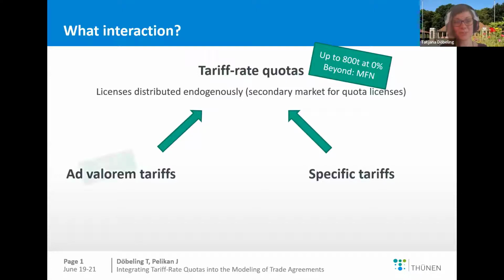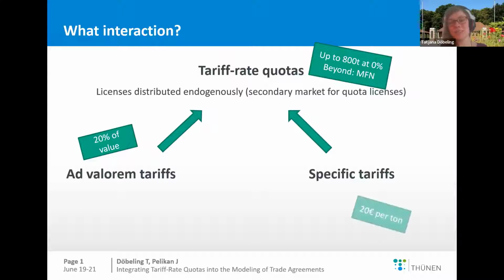Ad valorem tariffs are tariffs that are expressed as a percentage of the value. For instance, if you want to import something worth 100 yen with the ad valorem tariff, it becomes 120 yen. And specific tariffs are tariffs that are connected in some way to a property of a commodity, for instance, 20 euros per ton or per percentage milk fat or something like that. And my paper argues